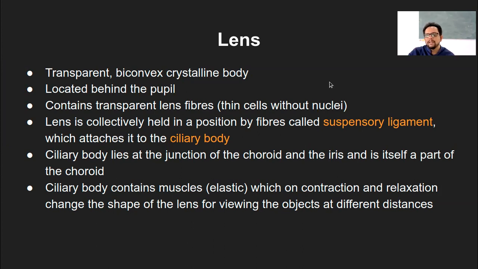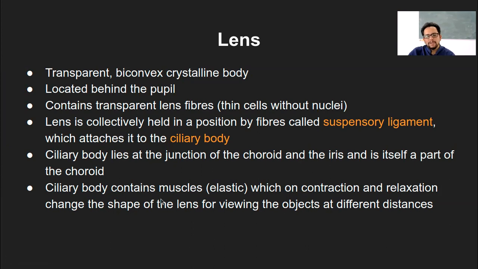That's how the suspensory ligament is holding the lens structure. So ciliary bodies lie at the junction of the choroid, that is the extension of the choroid I spoke of, and the iris, and is itself a part of the choroid. So the junction of the choroid and the iris, that's where the ciliary bodies are present.